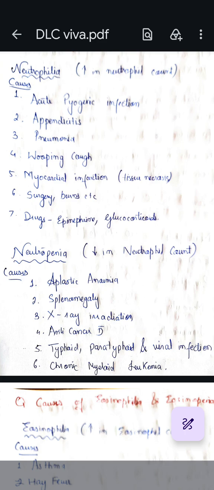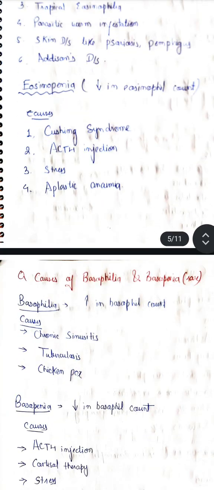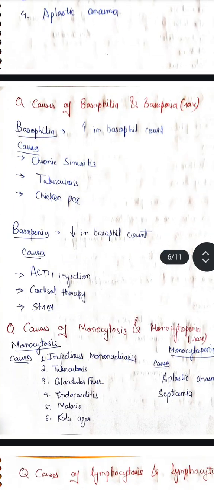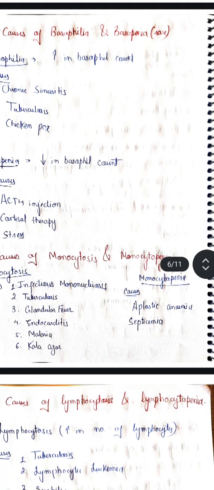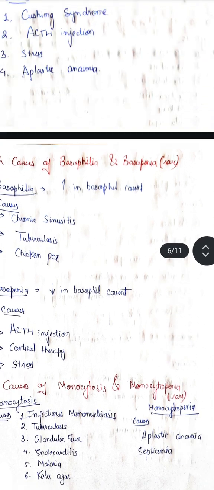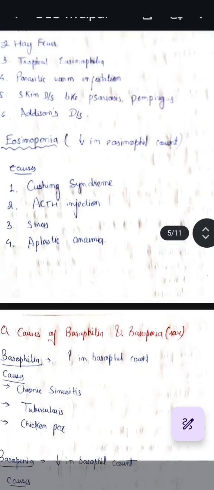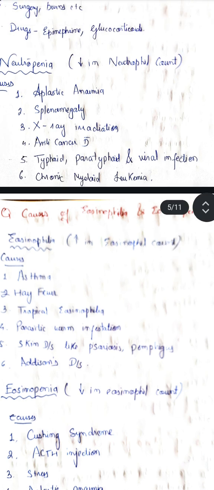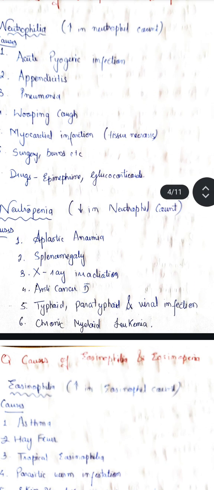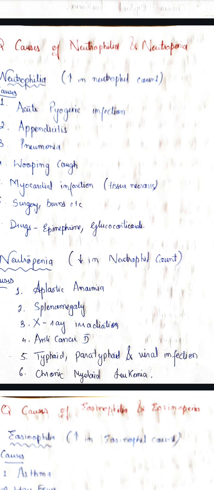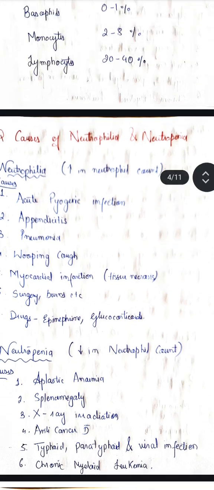For example, we have seen that in malarial parasite, obviously, and kala-azar, in such infections, in such fevers, you will always find the monocyte count more. Whereas in typhoid and paratyphoid infections and viral infection, we have seen the neutrophil count is going to be less. And in acute infections, you find neutrophils more. Okay, so this is how you can draw various conclusions. And in TB and chickenpox infection, you will see the basophil count is going towards the higher side.